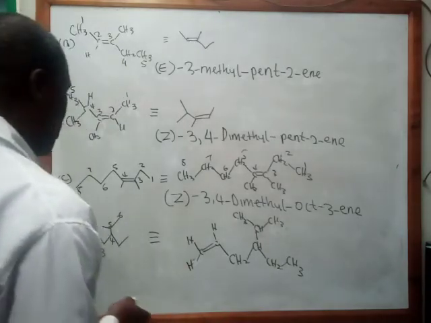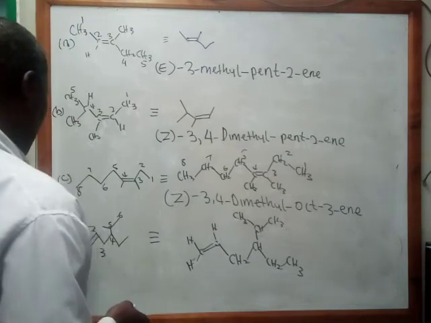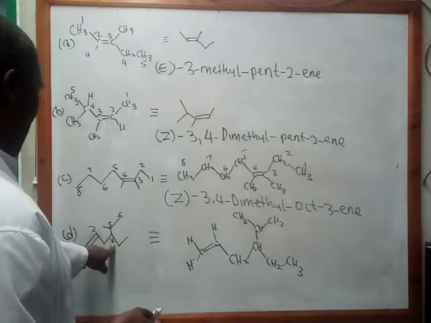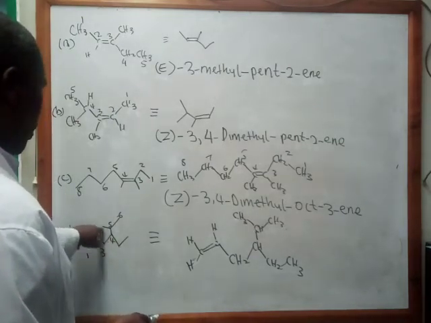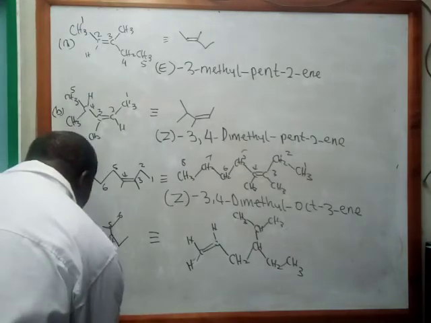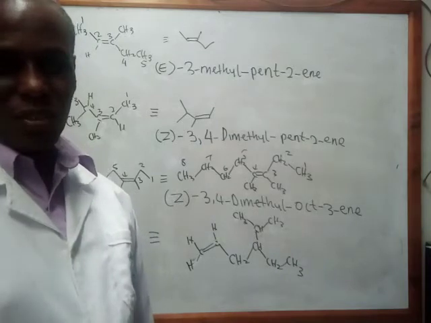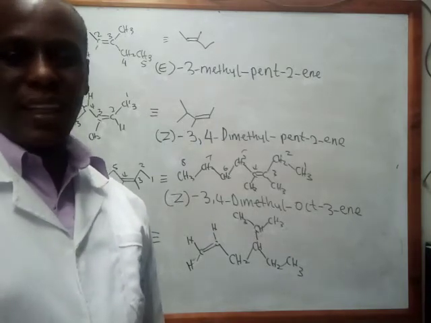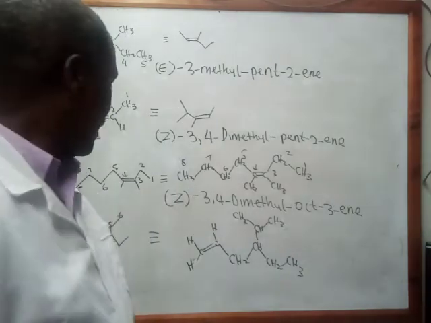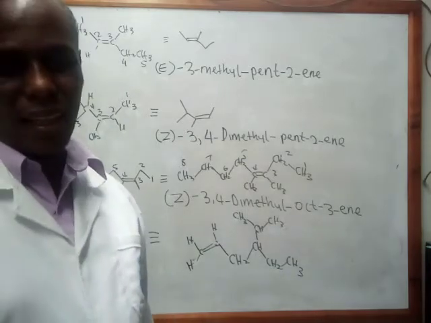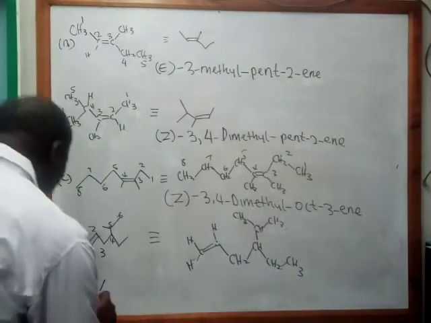So what I'm going to do is that I'm going to see that I've got an ethyl group on carbon number 4 and a methyl group on carbon number 5. So which one do you put first? E for the ethyl comes first alphabetically and then M. Yeah? So I'm going to put 4